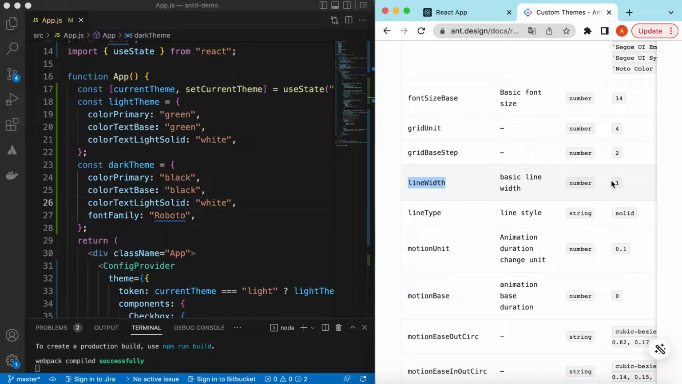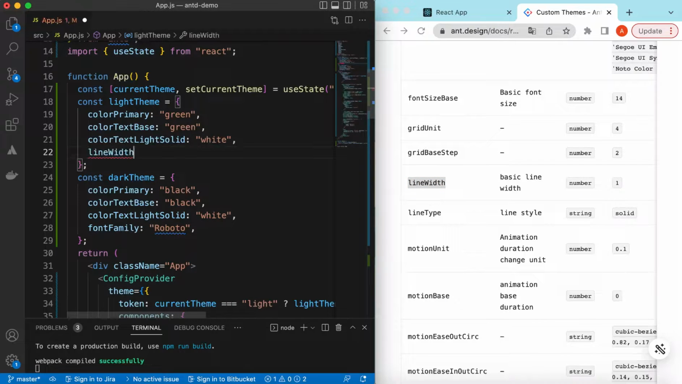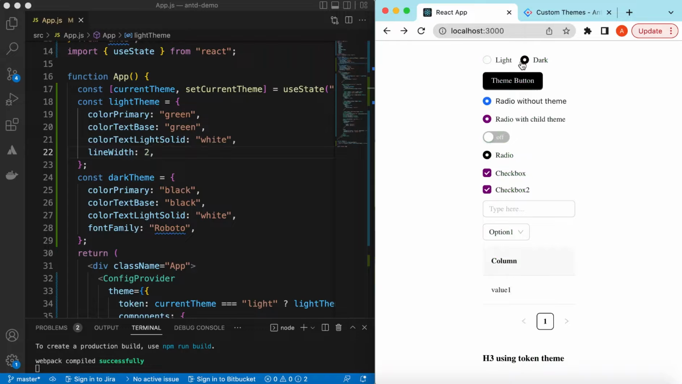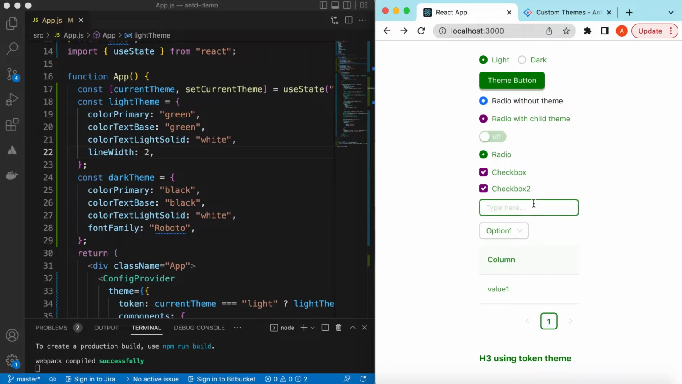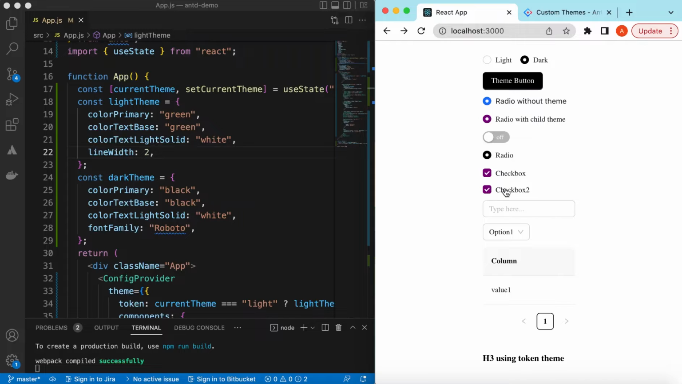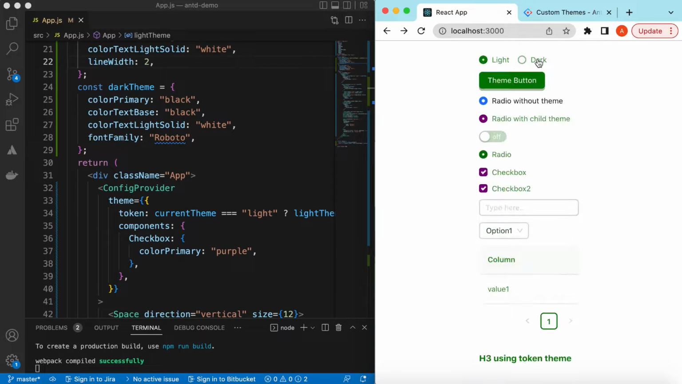Maybe the line width is by default 1, we can change that as well. Maybe in the light theme we can say the line width is 2, and in this case it will be the default one, right? So here you see the line width is changing to 2 pixels here, and inside there it's only the 1 pixel, right? So using this approach we can override any of the properties, right? So this is how we create the theme and switch them dynamically, and we saw how we can override them